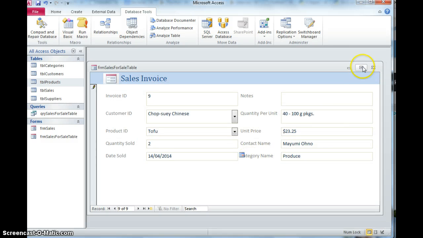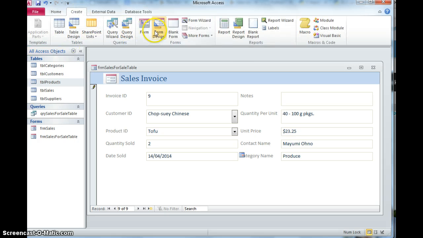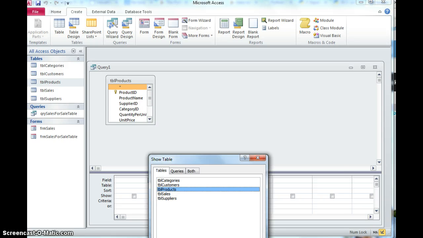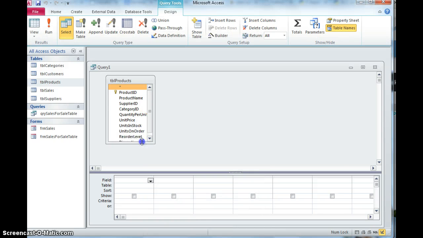So I'm just going to close that, and I'm firstly going to make a query that from the products table is going to look at the quantity in stock, units in stock, and the product ID, and this one will take any particular product, say a random one, product ID number 3, and it's going to,